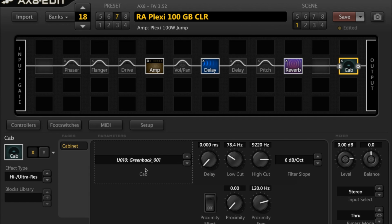When I was going through all the amps that work well with Greenbacks, I kind of liked the sound of this speaker. What I did here is put the low cut around 78 and the high cut around 9,000. I didn't really hear much of a huge difference when I did that, but I just left it because it sounded good to me. So that's my cabinet. I have it at the end of the chain,